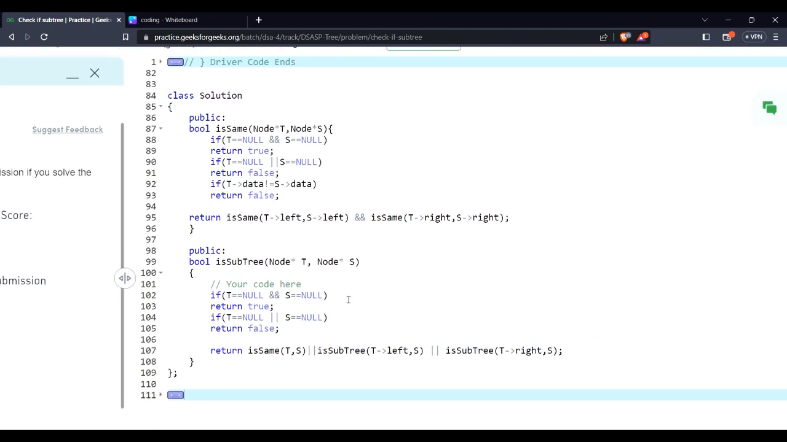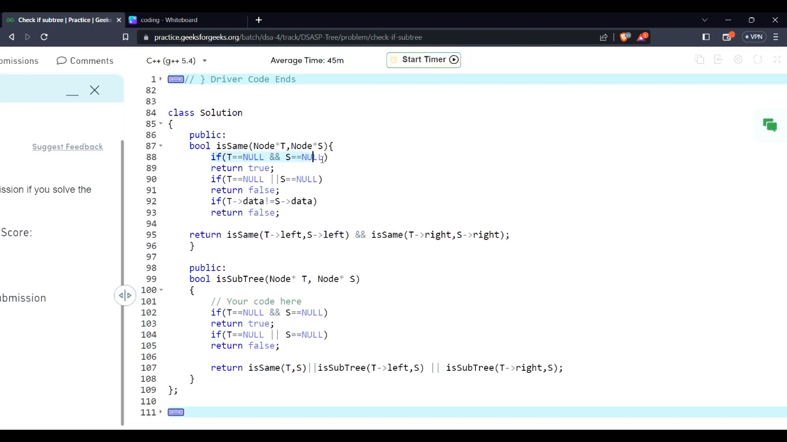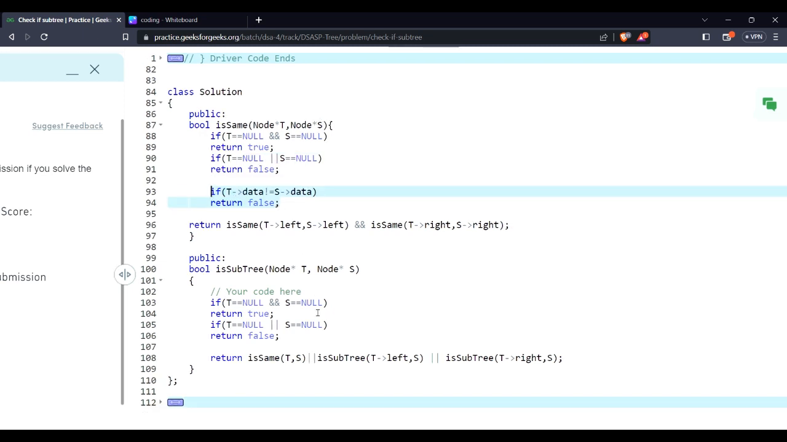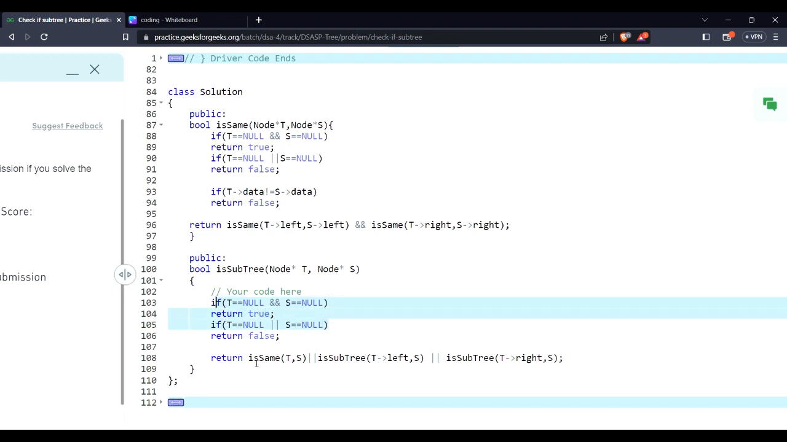In C++, we have checked for t is equal to null and s is equal to null. If both the trees given are null, then return true. If only one of them is null, then return false. This is the same thing written here. Then we will check for the data part. So I will call the isSame function. If the roots are the same, then return true. If they are not, then check for